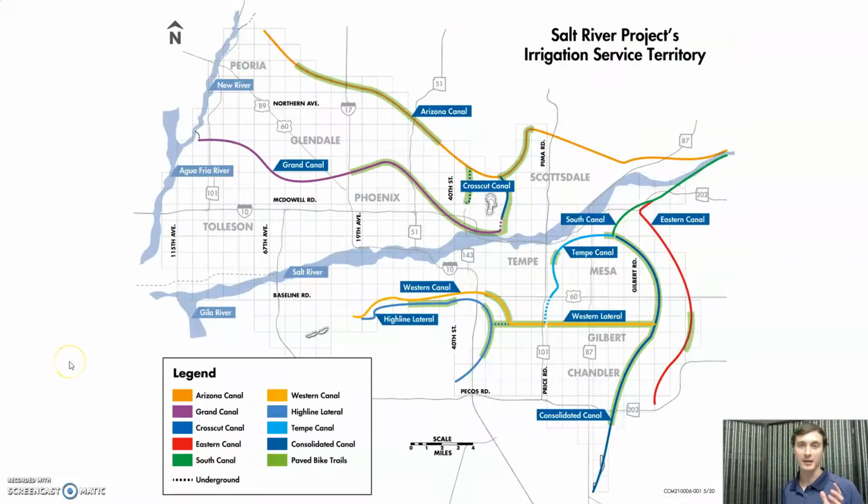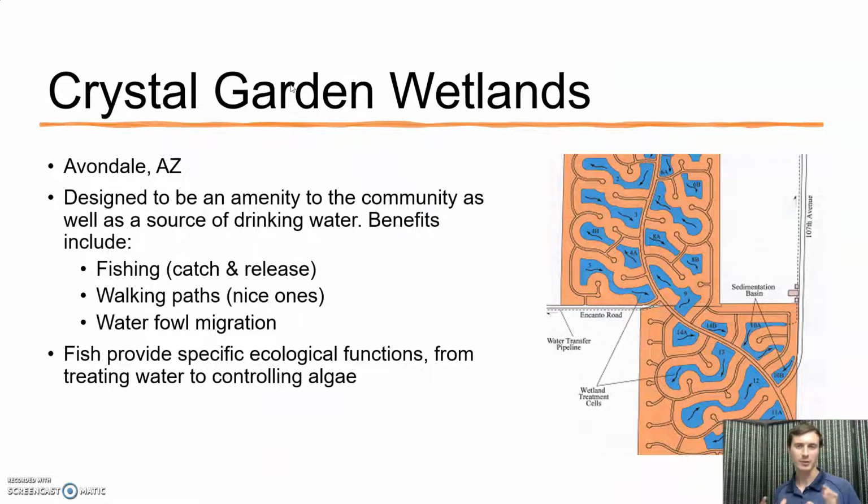I also thought it would be interesting to take a look at the canal systems in Phoenix. If you've lived in the Phoenix area for any length of time, you've seen the canals. These are going to be part of that Salt River project. So we're taking water from the Salt River and delivering it to all the different municipal areas in the Phoenix area. Now, I talked a little bit before about how the city of Avondale gets some of its drinking water